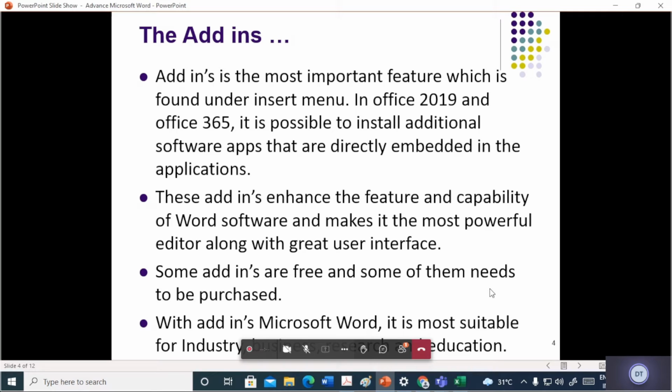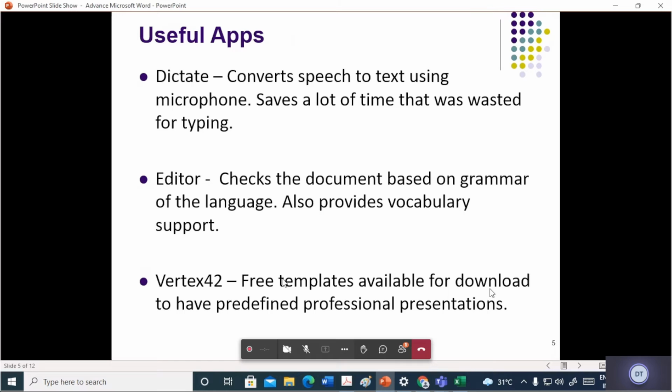Some of these add-ins are free, some of them need to be purchased, and this makes Microsoft Word the most suitable for industry, business, research and education. Mostly these add-ins are used by industry people and research people. Okay, so let us see some of these add-ins.